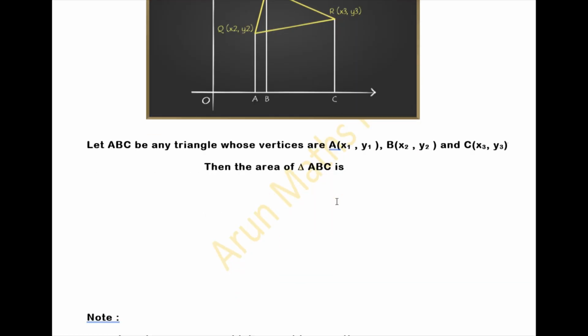Then the area of triangle ABC is given by the formula: if the coordinates of the vertices are given, then the area of triangle ABC equals